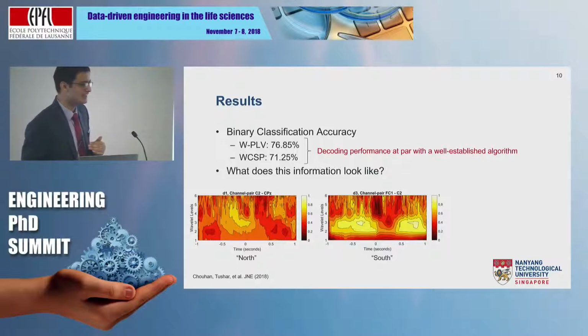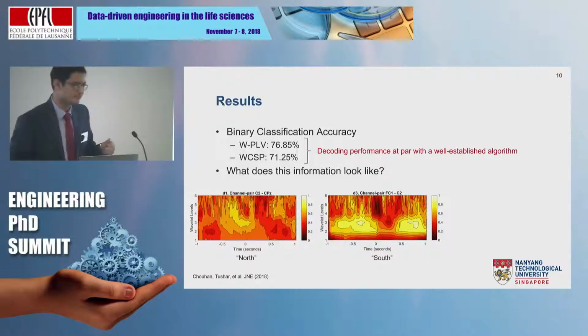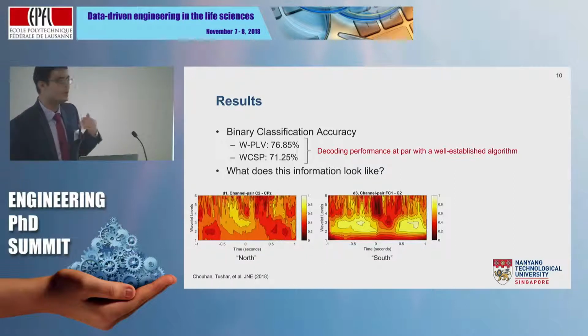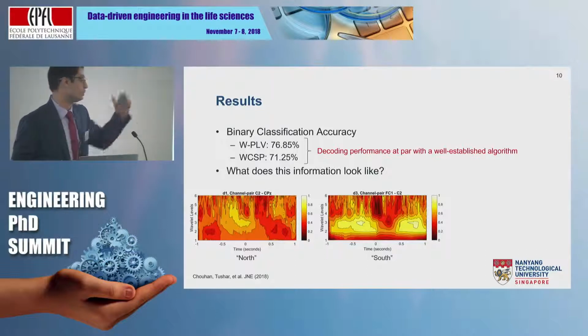So what you can immediately see over here is C2 is common in both. But the interaction that is very dominant is with CPZ on the left-hand side, but with FC1 on the right-hand side. All right. Now, on the x-axis is basically time, with t equal to 0 denoting the time for movement onset. So the subject already knew which direction he has to perform his movement in. So we can think of this 1 second prior to movement as movement planning, and that after it as movement execution. Okay. On the y-axis, you have wave levels, and as you already know, wave levels basically means it has different frequency bands. So moving from 1 to 6, you are basically moving from 0.01 to in my case 12